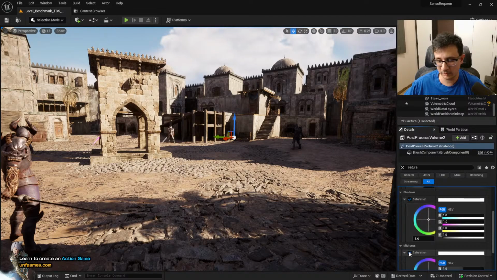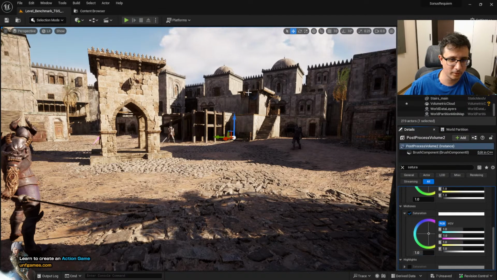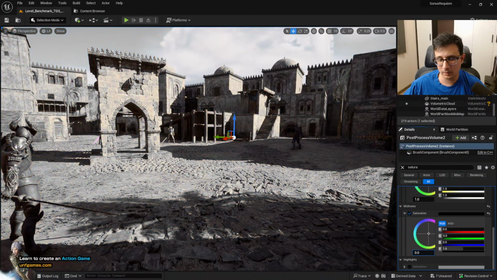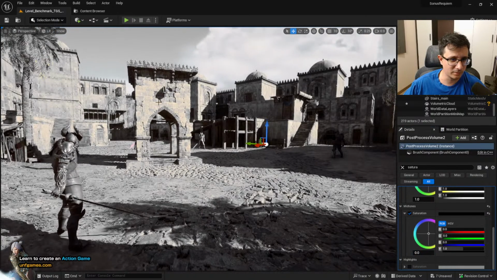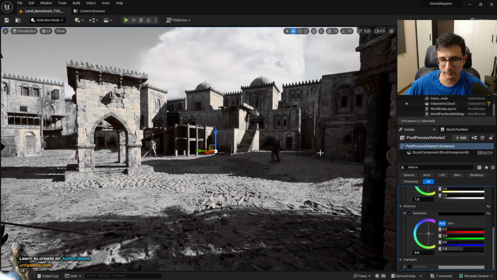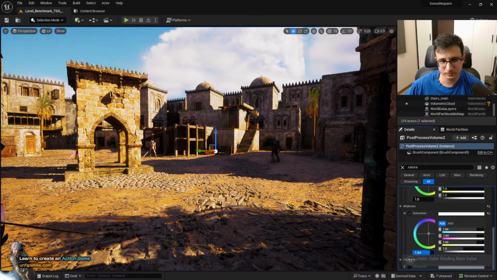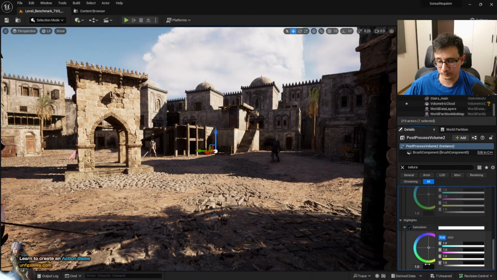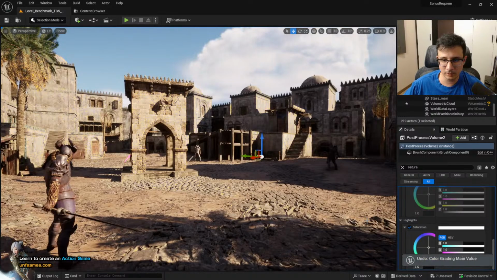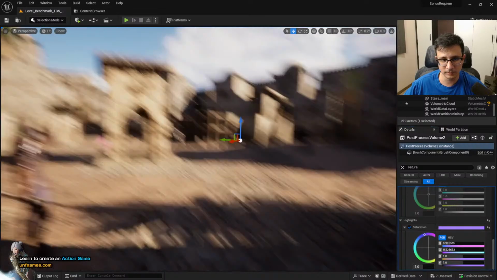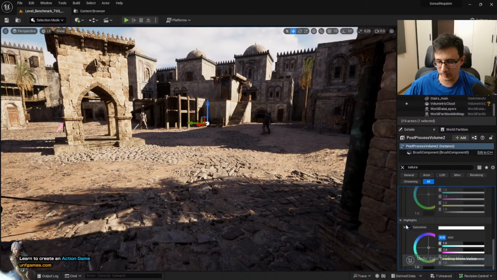The midtones are basically the areas we saw in the pictures before where it's not the main point of interest, such as this area. So you can decrease the saturation in those areas. So for example, here you will see that it has a little bit of color, but here in this area, they don't have much color. And the highlights, of course, you can make the important areas of your environment a little bit more contrasty. You can even change like the colors here or whatever. You can play with it, but overall,